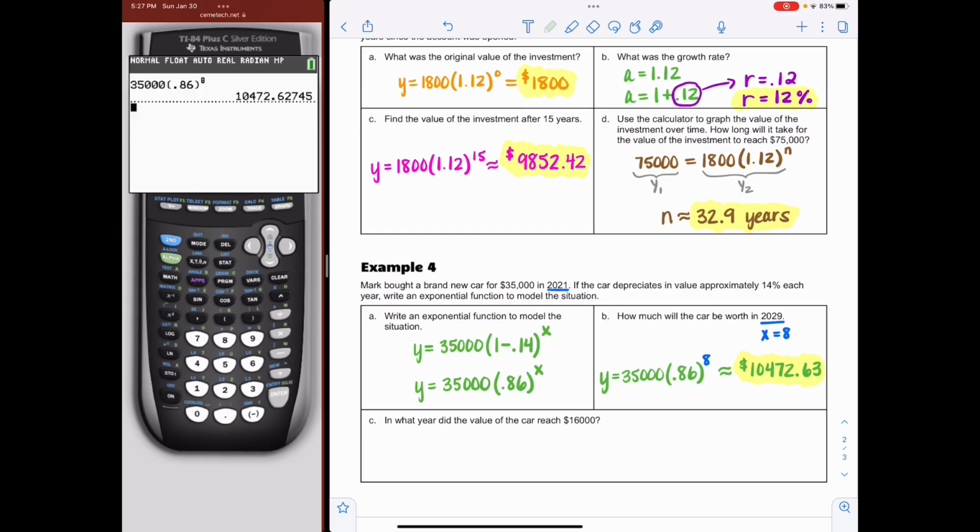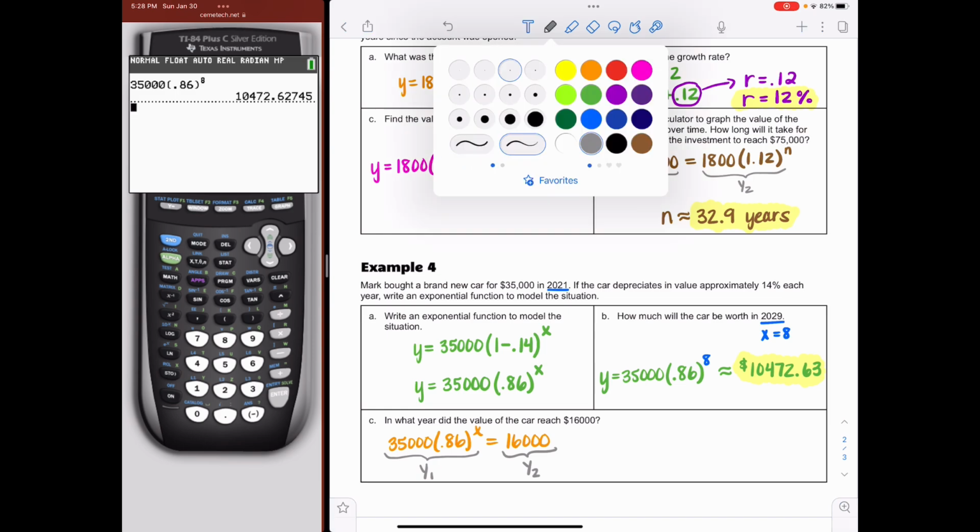All right, and last but not least, it says, in what year did the value of the car reach 16,000? So in order to do that, I'm basically saying that I want to have 35,000 times 0.86 to the power of x be equal to 16,000. And we know that in order to find that, we can do the left side in y1 and the right side in y2. And we will end up getting